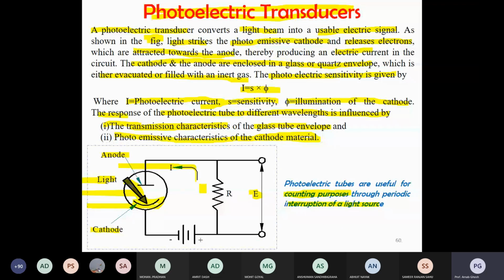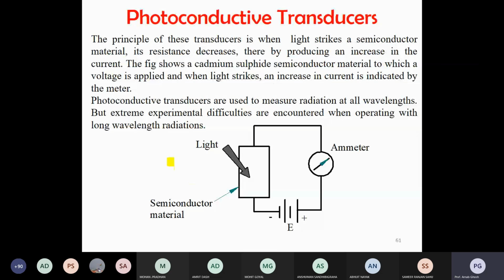Here you are using a semiconductor, so the light comes directly to that semiconductor film, and current flows. There is an ammeter, and its resistance decreases, thereby producing an increase in